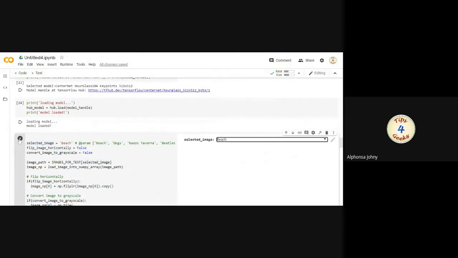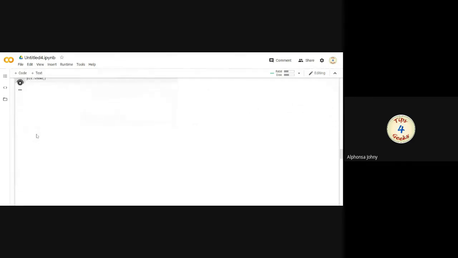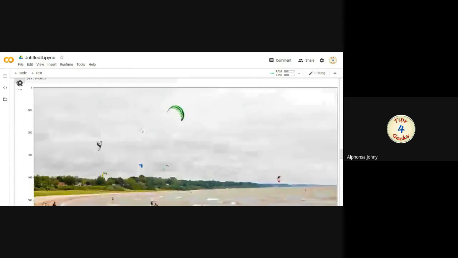So for that, we are first loading this beach image. I'm running that code. The beach image will be loaded into our application. Here we will get the beach image.